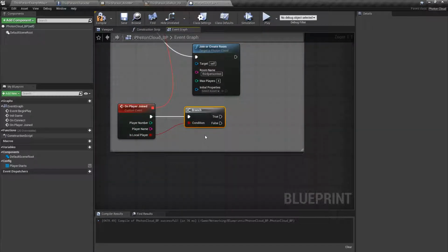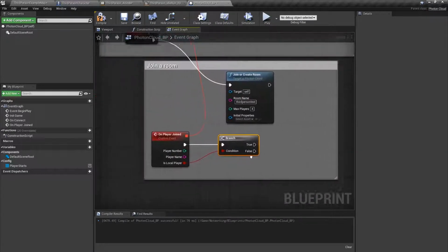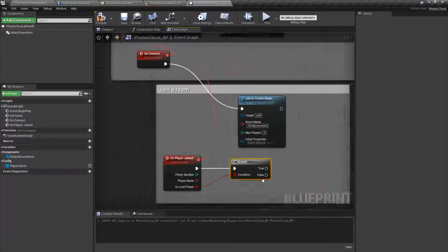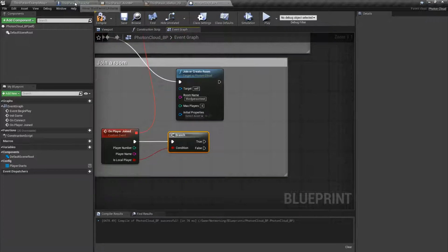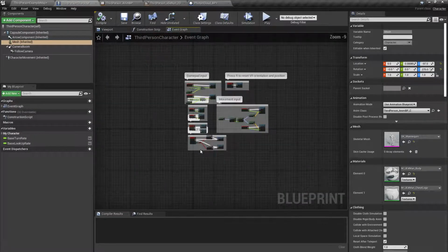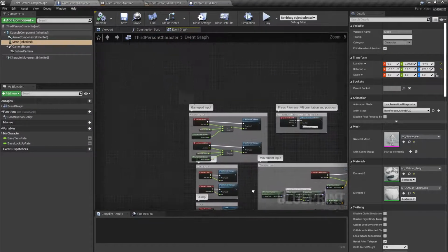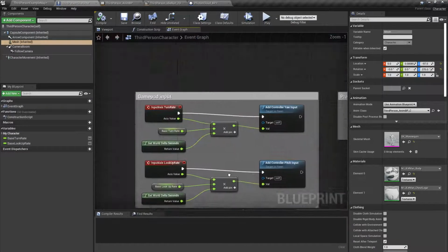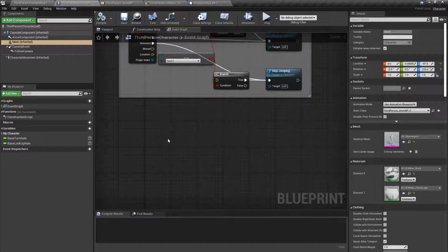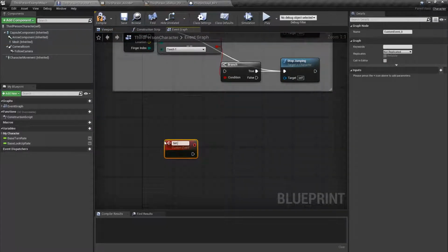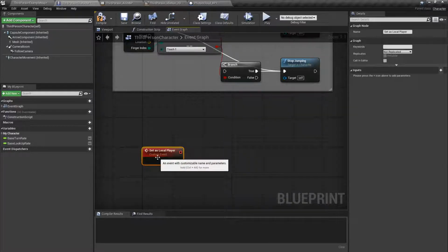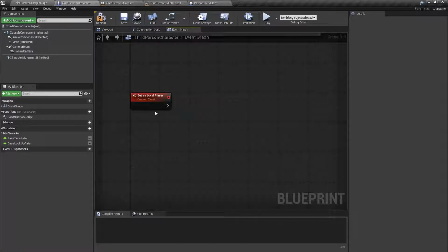If it is my player, then I will want to have a method here. This is all the input for the character, so we want a method here, set as local player,